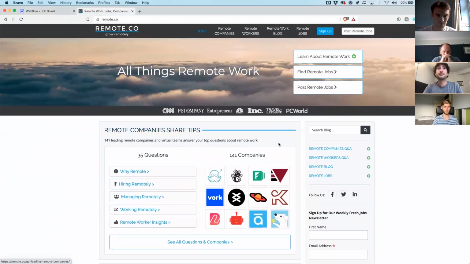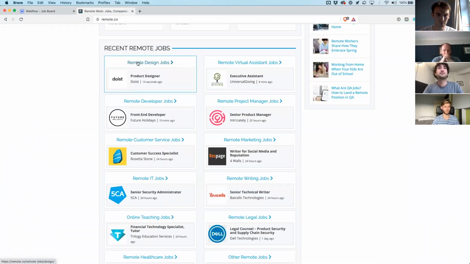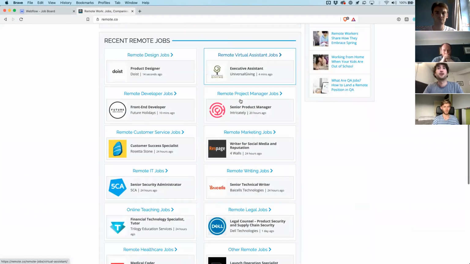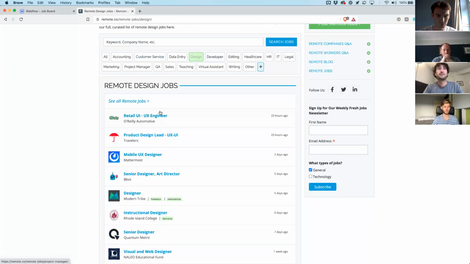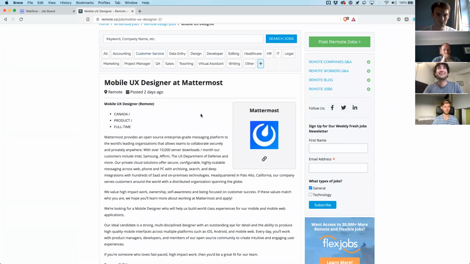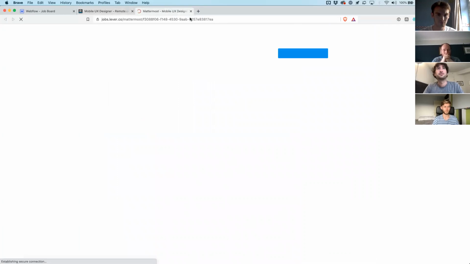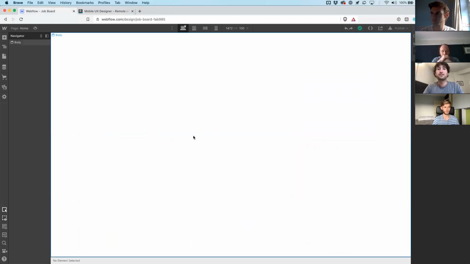What we're going to build is a remote job board, kind of similar to remote.co. There'll be jobs, but one thing that could be helpful is to break it down into categories, so we can show different types of remote jobs. You'll be able to go into a category, see all the jobs in that category, and then click in and see details about that job and apply, which is going to take you to that job's link essentially. So we're back in Webflow,